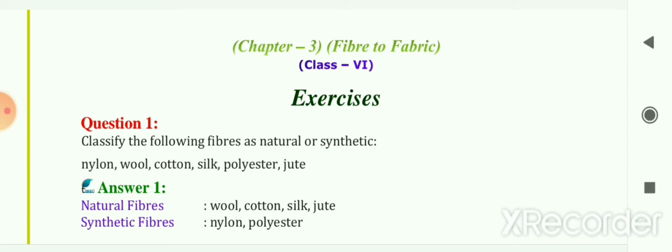Fibers are then separated from the seeds by combing, and this process is called ginning of cotton. The process of making yarn from cotton fibers is called spinning. Simple devices used for spinning are the hand spindle and charkha. In that process, the fibers from a mass of cotton wool are drawn out and twisted. This brings the fibers together to form a yarn.